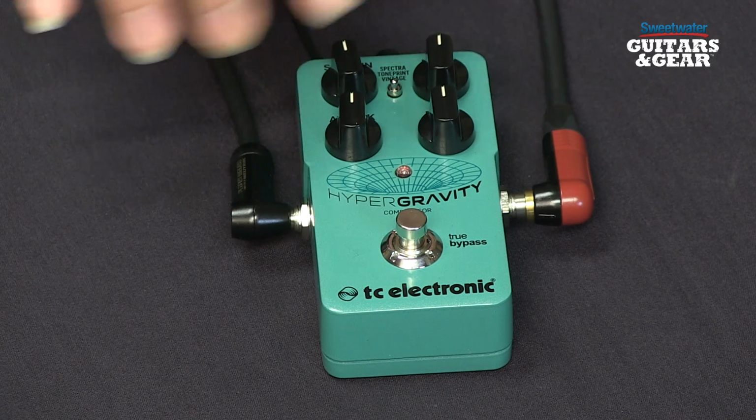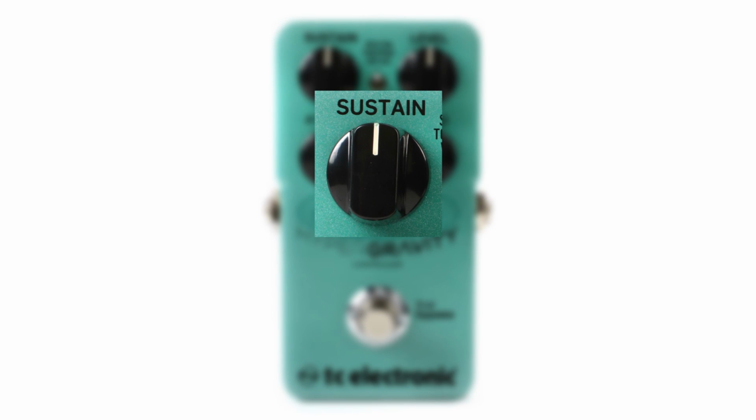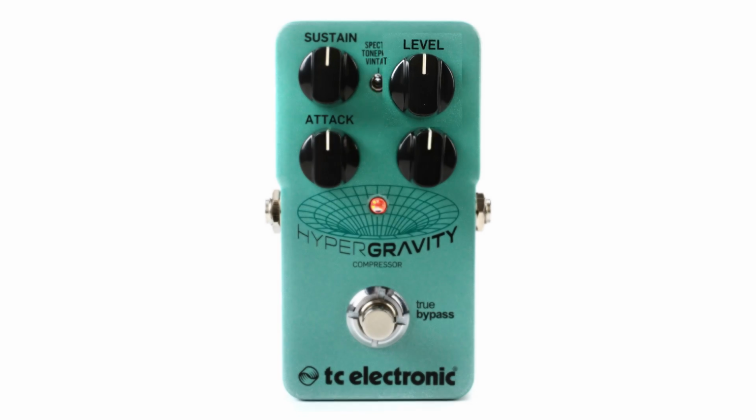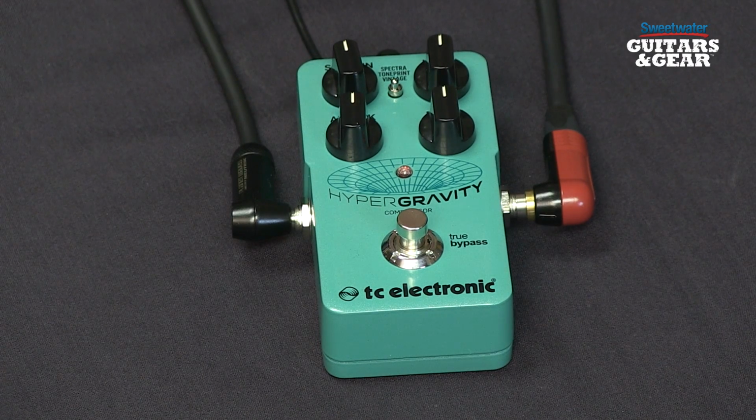There actually are four controls on the front panel of the HyperGravity. We've got an attack control, which sets how fast the compressor starts to act upon your signal. We've got a sustain control, which sets how much compression you're getting. A level control for setting the output level. A lot of times when you add compression, the level actually drops. You can use the level control to balance that with your dry signal or to add a little bit of